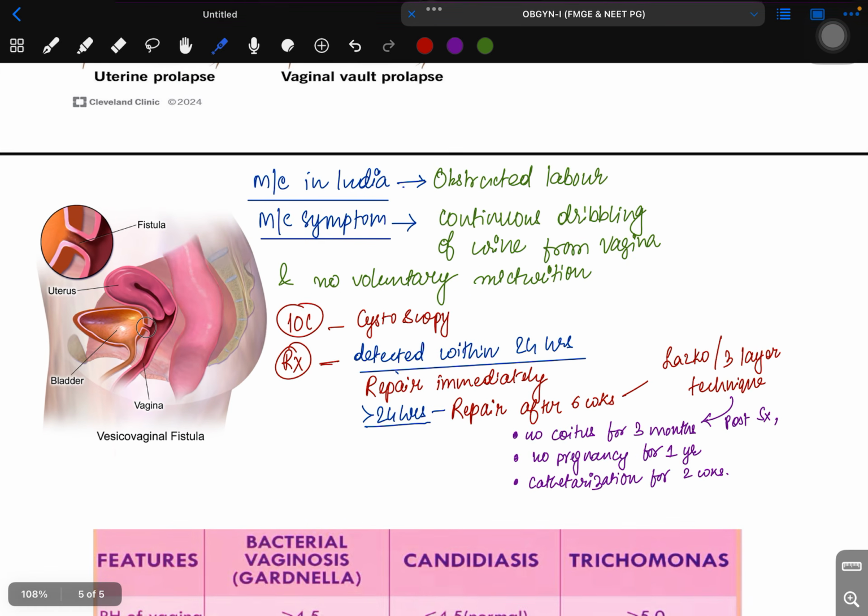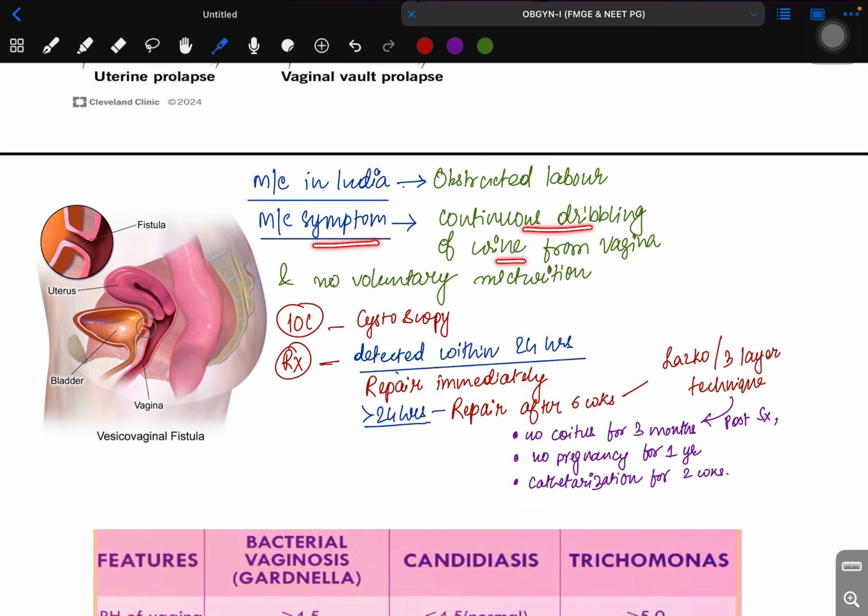Now this is the vesicovaginal fistula. Here you can find there is a fistula between the vesico, meaning the bladder. Here this is the bladder. There is a fistula between the bladder and the vagina. So the vesicovaginal fistula. The most common cause in India is obstructed labor, and the most common symptom, there will